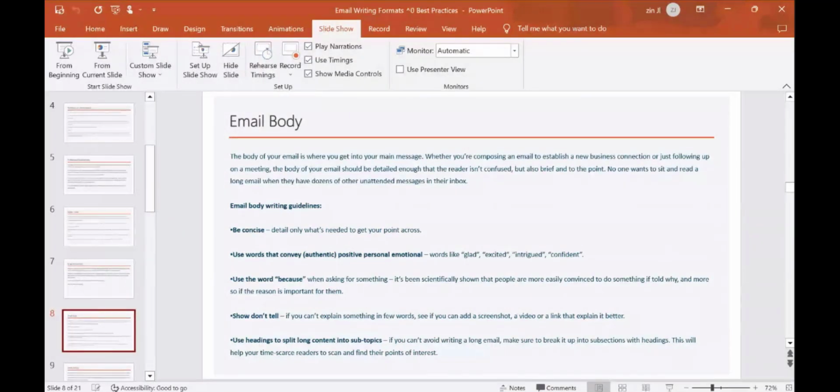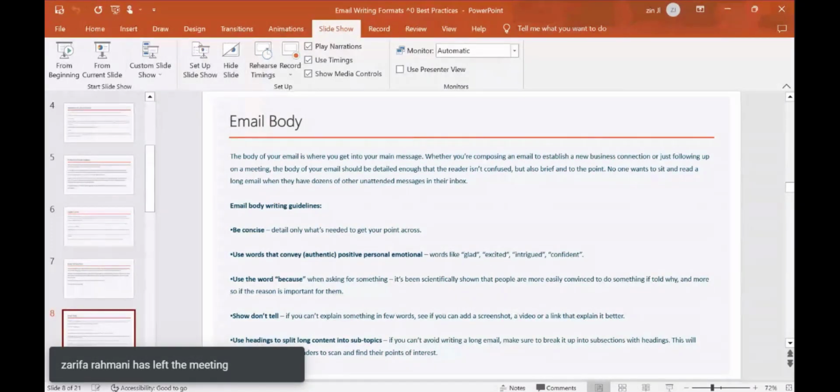I'm very confident that I will be able to prove to you that I'm capable of my capabilities. I can achieve as per my capabilities. These are things that you're showing your side of the story. You're showing your true self by using words that mean something to you. When asking for something, always use the word because, right?